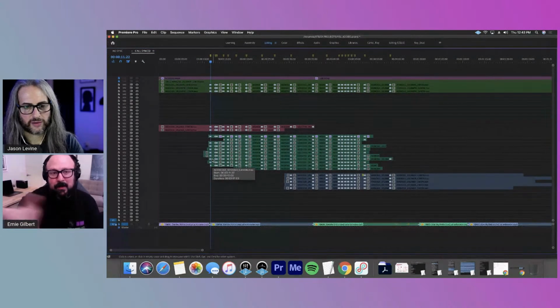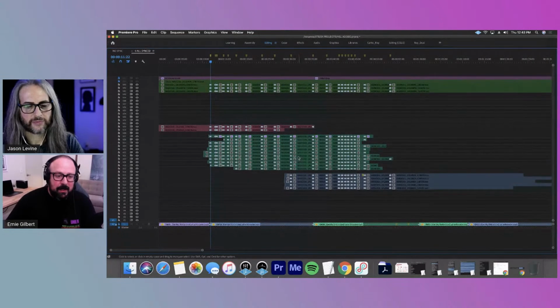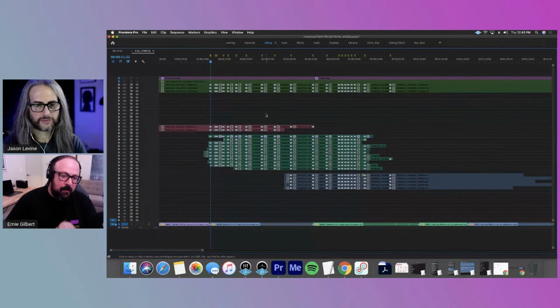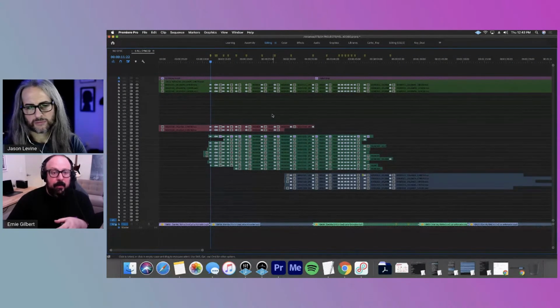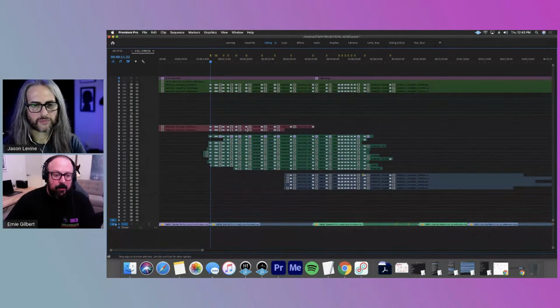So I don't have to edit, what is that, 20 cuts. I don't have to cut in every one of those places, but I know now that those cuts are happening on the beat. If this was very performance oriented and not a structured, intentional thing, I would then go through,